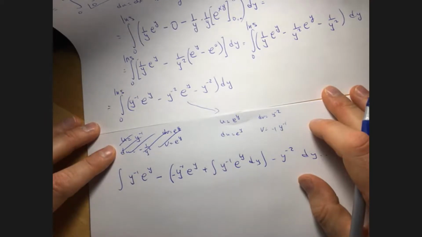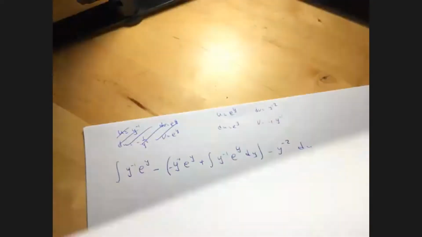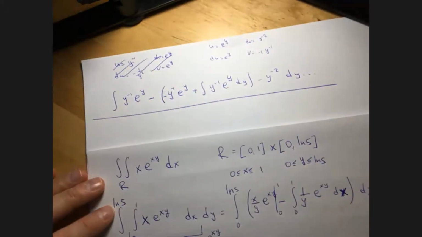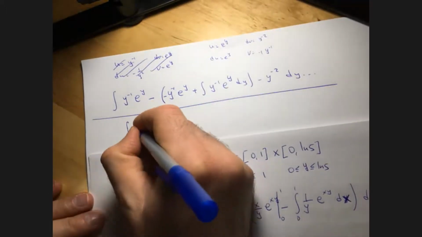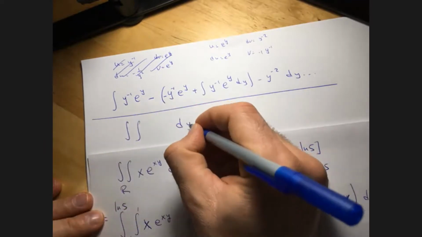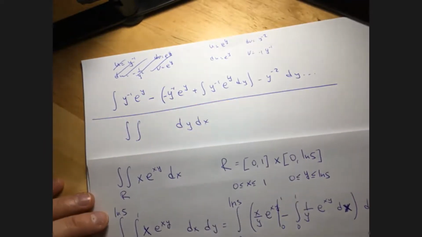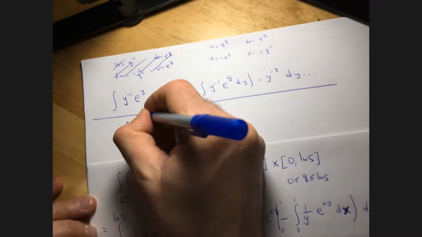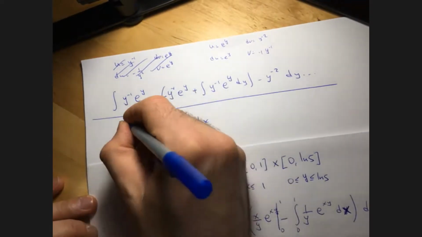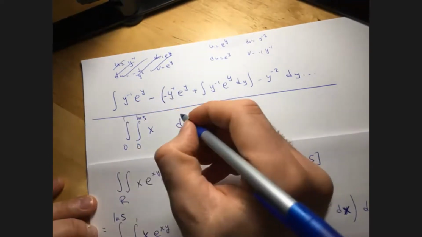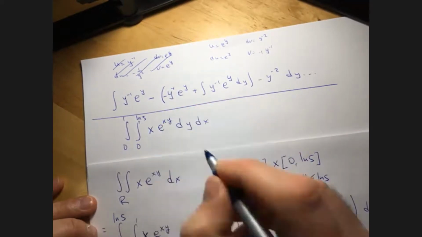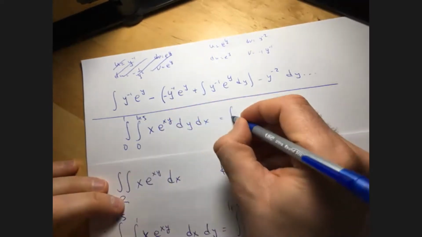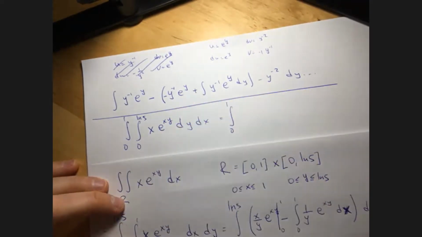Okay, this was way more complicated, so you can come back here at the beginning and change the order of integration. So first now I integrate in terms of y, then in terms of x. If I first integrate in terms of y, this goes from 0 to ln of 5, and then if I integrate in terms of x, from 0 to 1, and I have x e to power x times y. Okay, x and x are constants, so this is 0 to 1. First I integrate with respect to y,